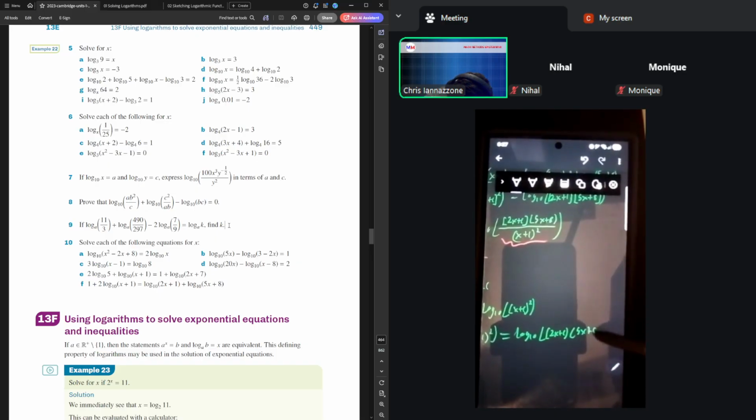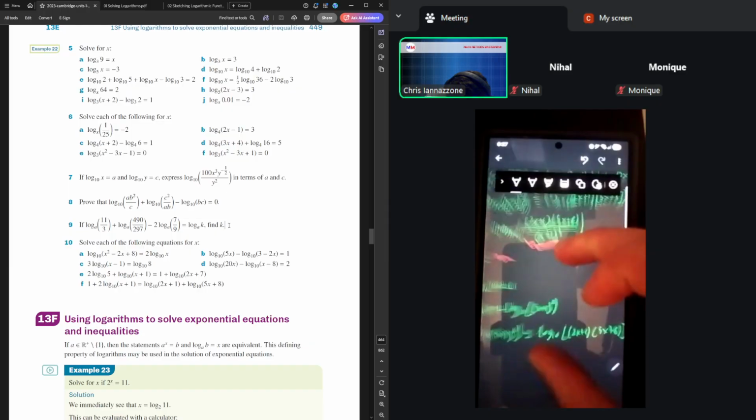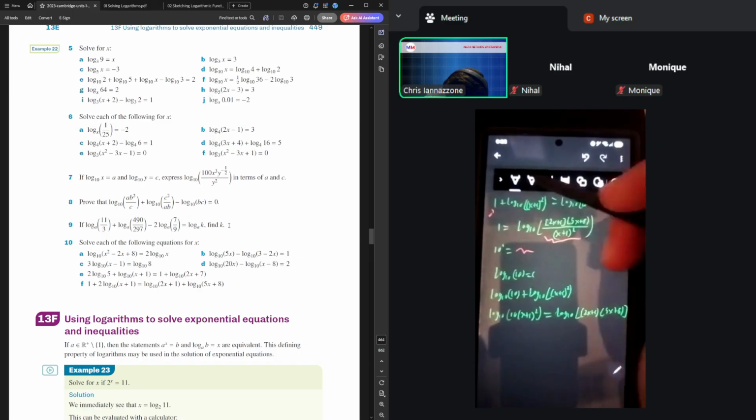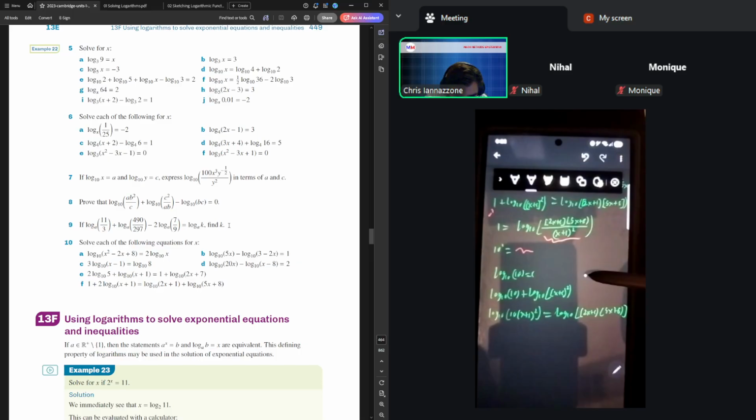And doing it that way means you don't have this big logarithm that you're now flipping to exponential. Rather, you have two slightly smaller logarithms that you can now do the approach we used before,